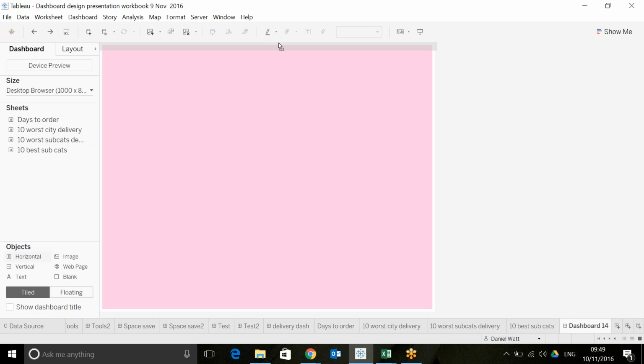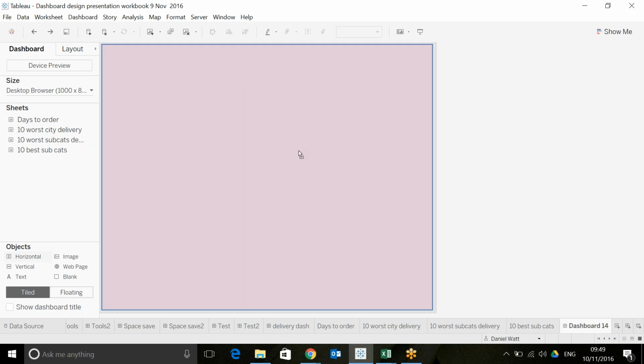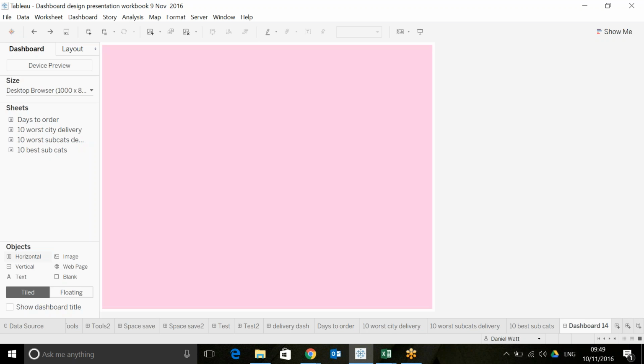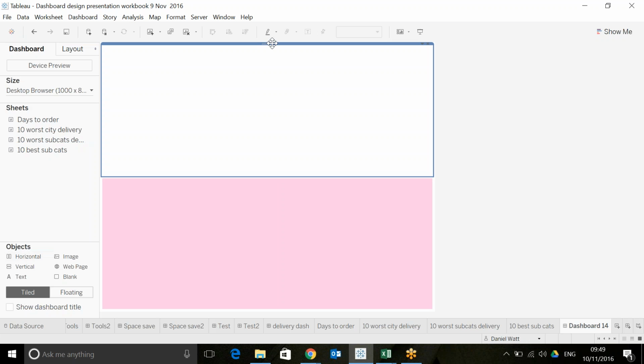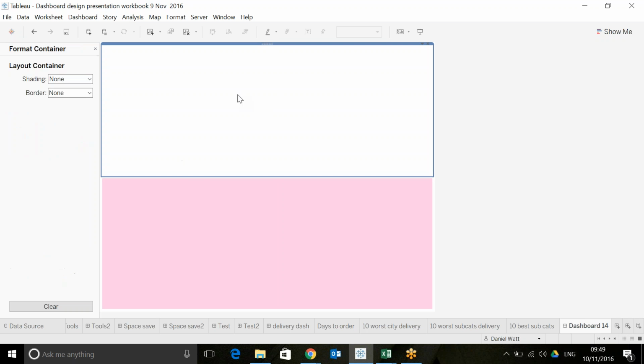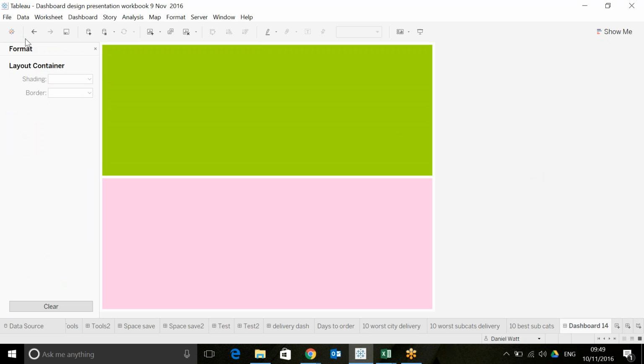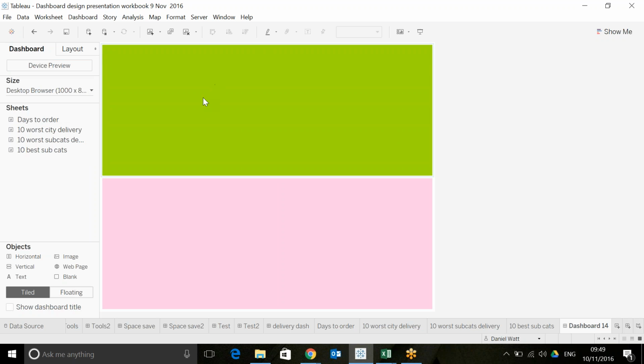And you see when you add containers, you get this grey highlight exactly where it's going to go. So here you can see I'm trying to drop one on the top part of the screen. If I was actually dropping inside this container, the whole container would be highlighted. Okay, so we've got two horizontal containers,